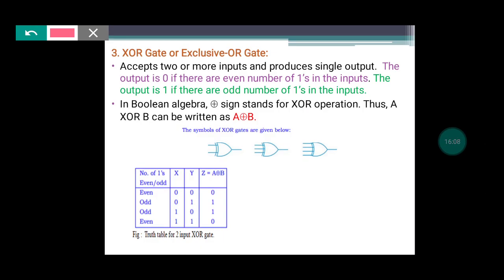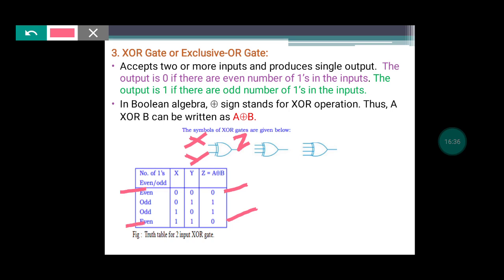What is the behavior of this gate? The output signal will be 0. Yes, X and Y are the 2 input signals. So consider here, this is X and this is Y. These are the 2 input signals. The output of this, consider it as Z. This Z output signal will be 0 if and only if in the inputs we have an even number